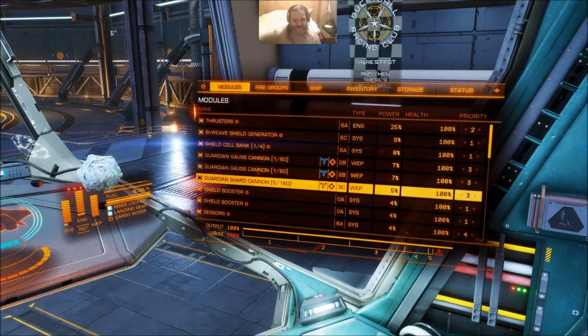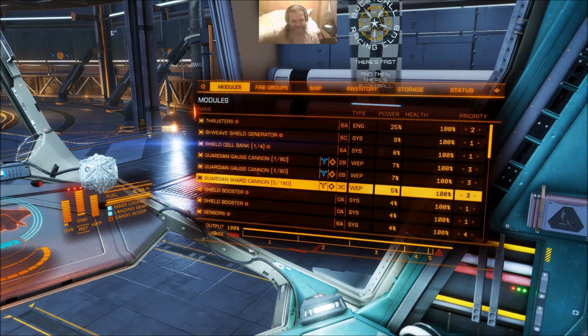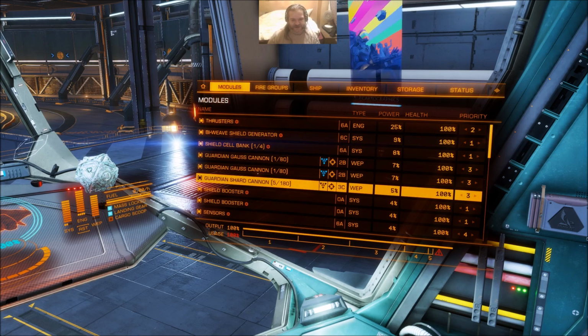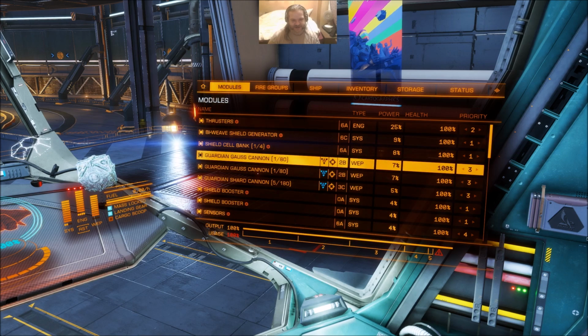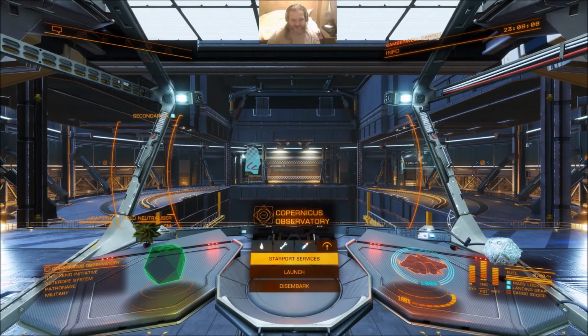Now, looking at that, I don't think I've really got much scope that I can change here. There's no point putting a modified class 2 weapon in a class 3 slot. If you can use class 3 weapons, then you want to use those all the time, you don't downgrade them. So the only weapons I'm going to possibly change are the Guardian Gauss cannons, since they are class 2s, but no, I'm not going to do that on this. So this ship is not going to be changing. Neither will my